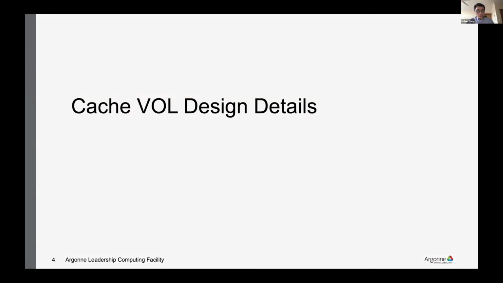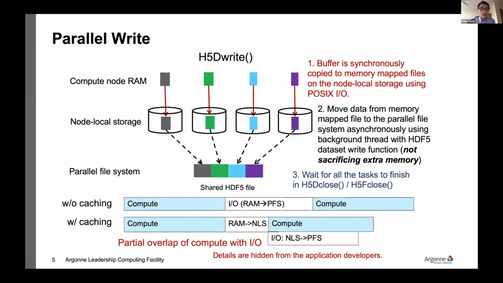And so now let's look at how we design this cache VOL. As we mentioned, we still use the same API. So for the parallel write case, we still call H5Dwrite. In the native dataset write, it just writes data directly from the RAM to the parallel file system. Whereas in our caching VOL, we insert an intermediate storage layer here. Basically, we copy the write buffer into the non-local storage first, and then write it to the parallel file system